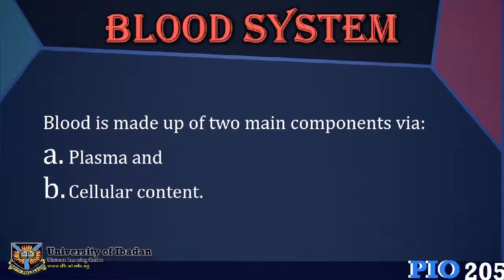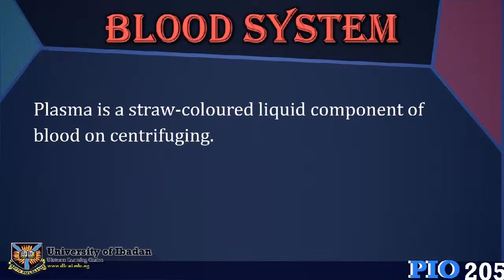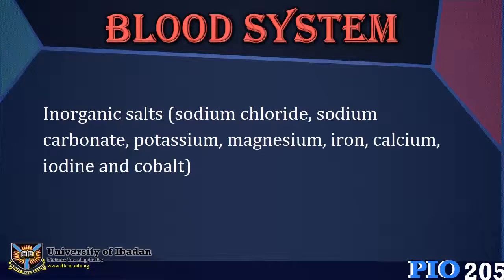Components of blood. Blood is made up of two main components, a plasma and cellular content. Plasma is a straw-colored liquid component of blood on centrifuging. It makes up about 55% to 57% of blood volume, comprising the following: water, plasma proteins, clotting factors, fibrinogen, albumin,